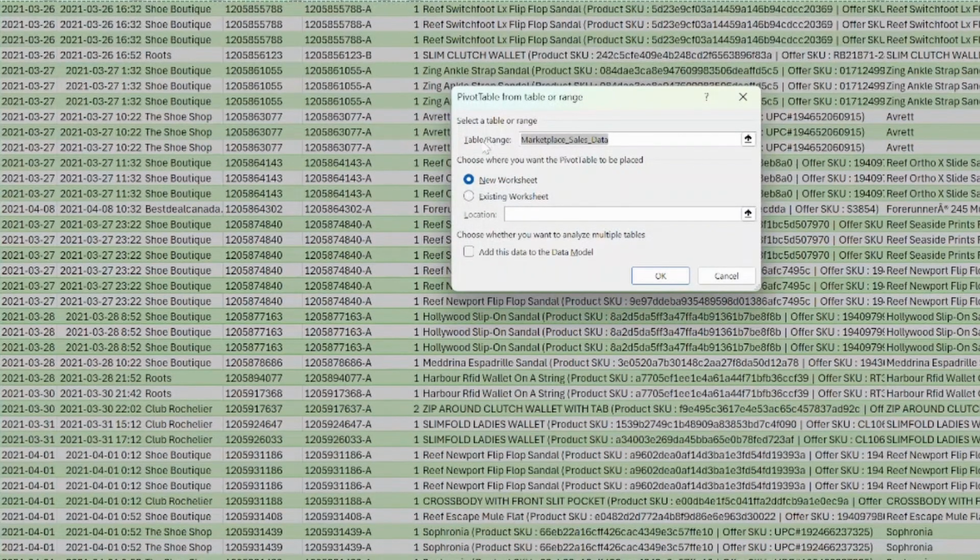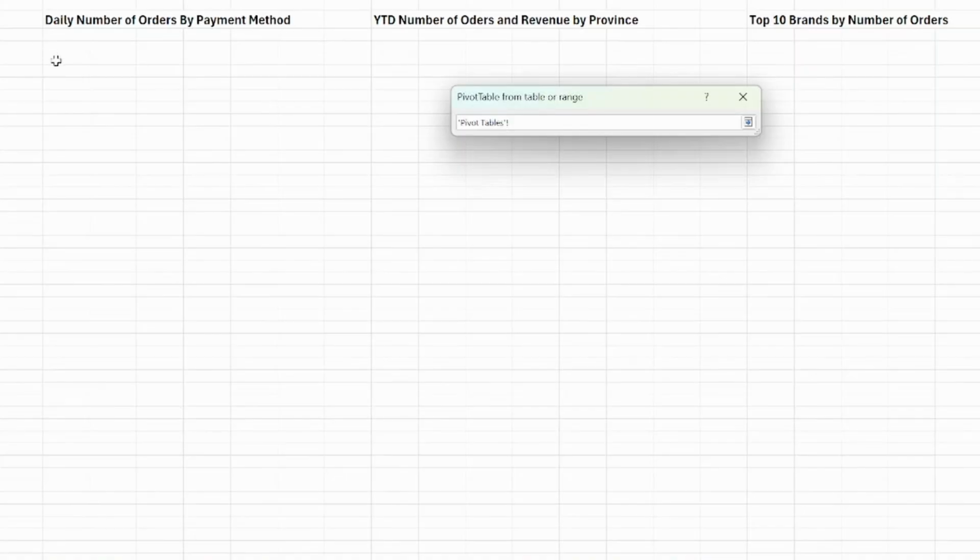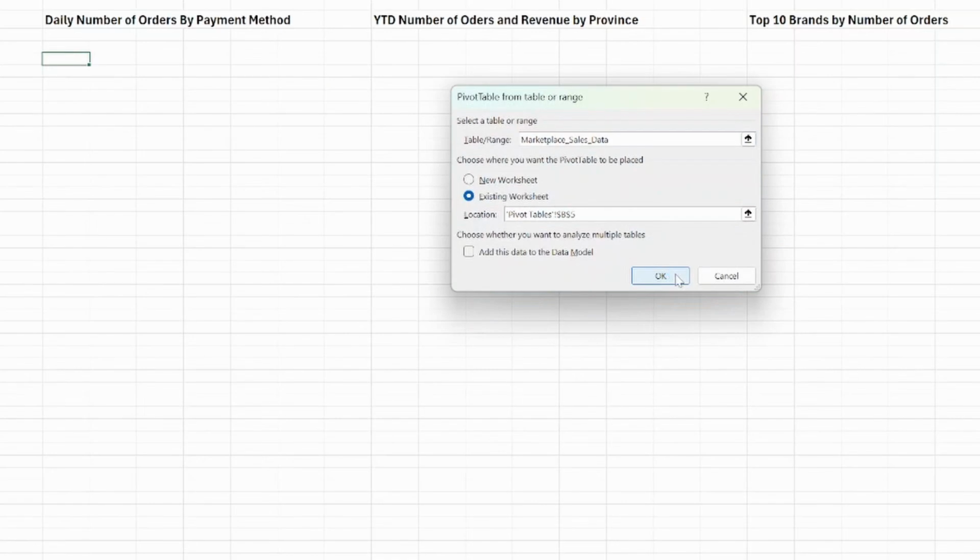From here we can see the range is displayed as marketplace sales data. This is the table name, and you get to choose where to see the pivot table, on a new worksheet or on an existing worksheet. As we already have a worksheet, we will select this and navigate to the cell where we want our pivot table to display. So let's click here, and